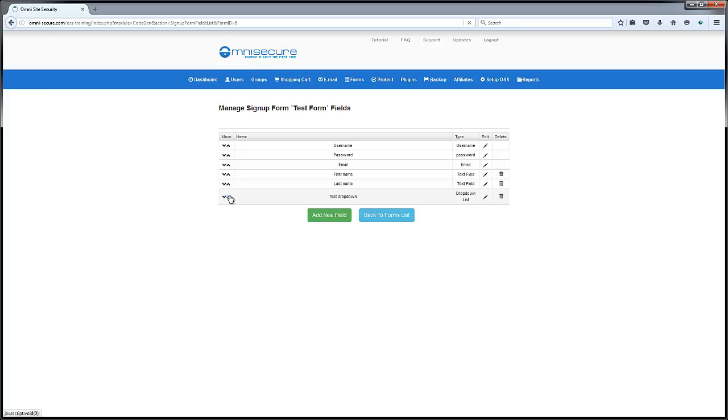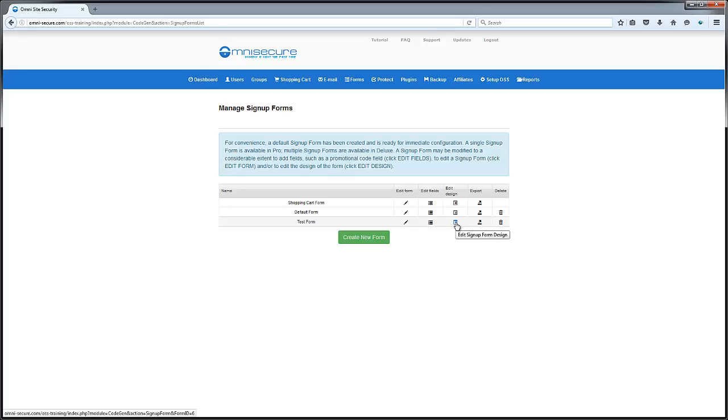And then of course you can move these up or down however you want it to be. And then once you've added all your fields here, as many as you want, age, whatever options you want them to be able to fill out, you put them all here. You're going to go back to forms, manage sign up forms,